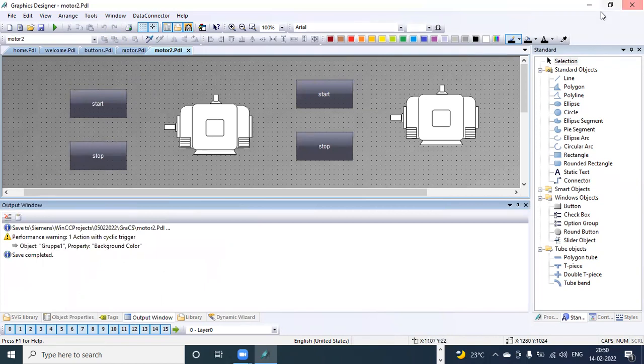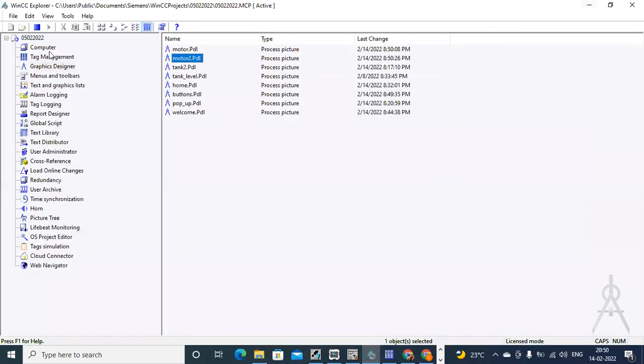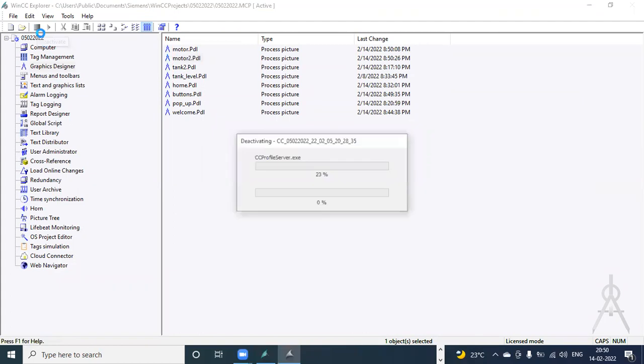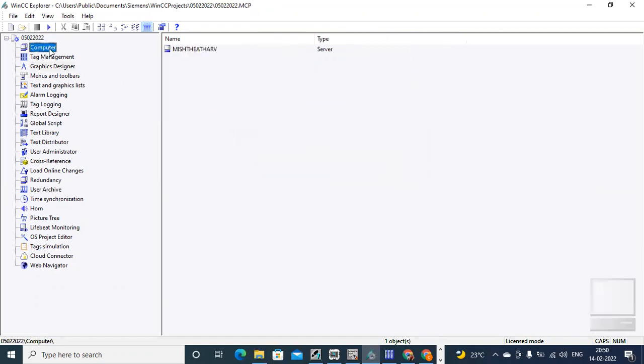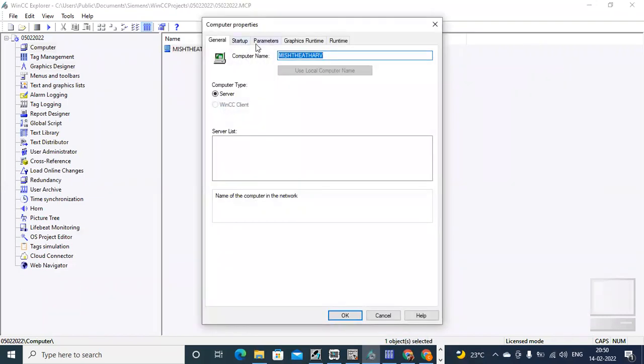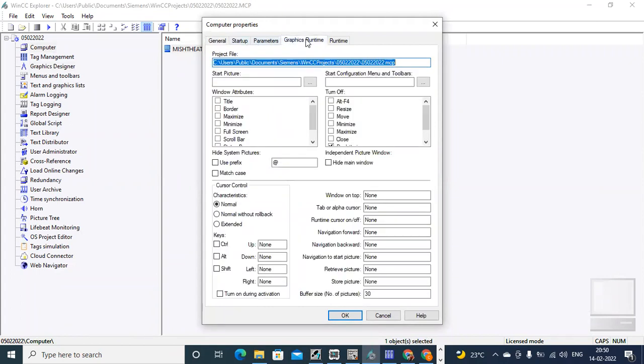Now, next thing what you need to do is just deactivate if it is blue in color, deactivate this. Select computer. Then you can go to the properties of your computer name. In this, go to the graphics runtime.